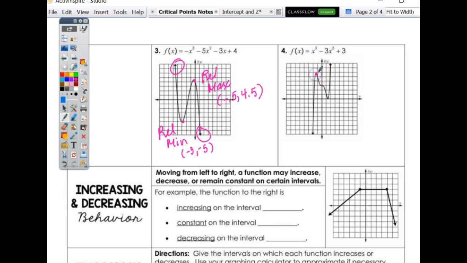So what's this one? Again, a relative max and a relative min because of this. So the relative max